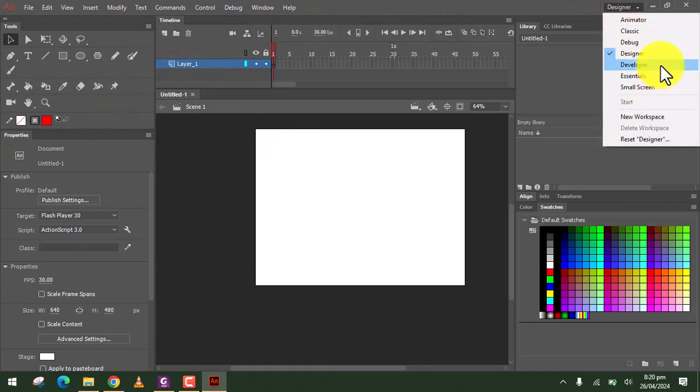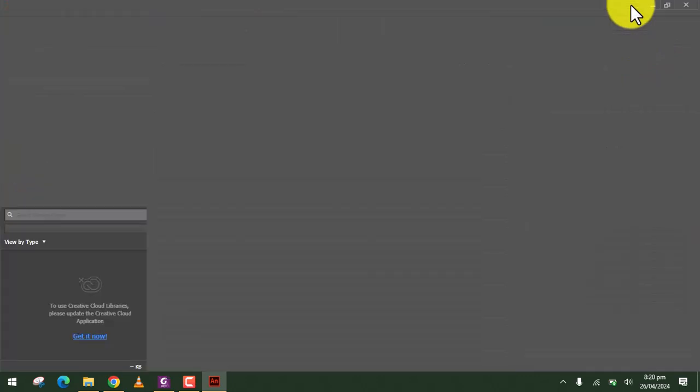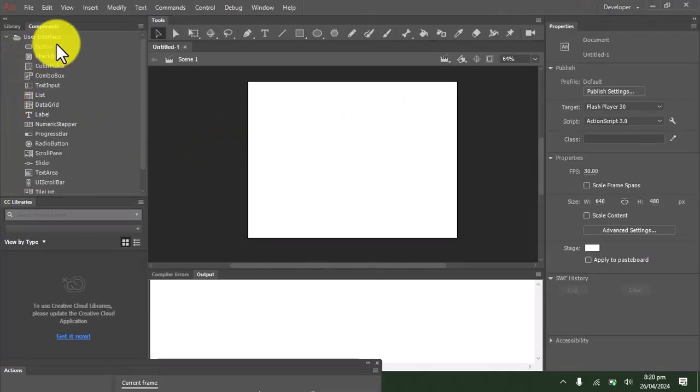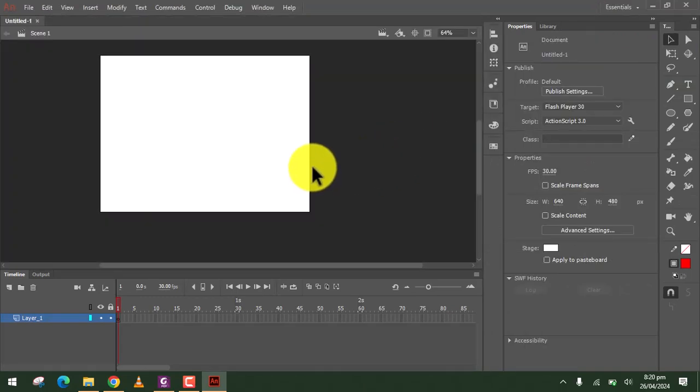Then we have the developer. We have the components for the developer, and then we have the essential. So I'm gonna use the essential one for this.